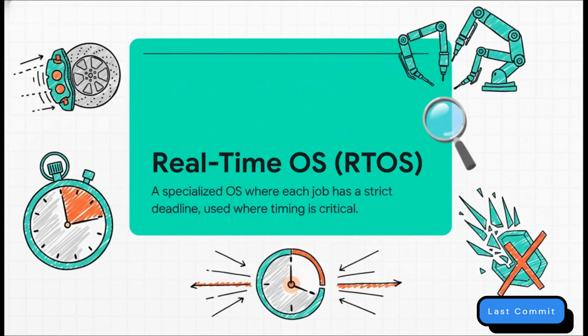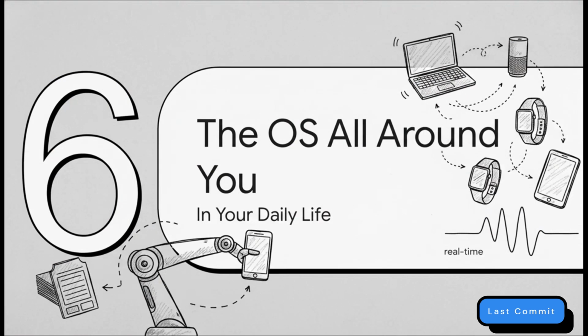And then there are real-time operating systems, or an RTOS. With these, it's not just about getting the right answer, it's about getting the right answer on time, every single time, without fail. We're talking about the computer that controls the anti-lock brakes in your car, or a medical device like a pacemaker, or even a surgical robot. A tiny delay isn't just an annoyance, it could be the difference between life and death. So wow, we've gone all the way from punch cards to literal life-saving robotics.